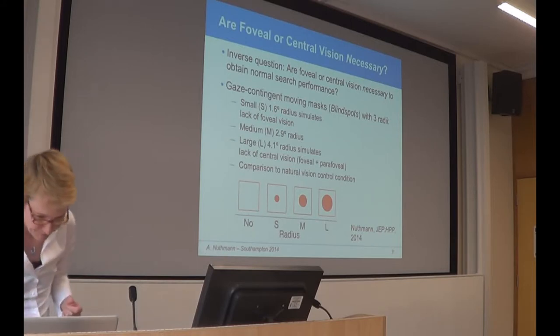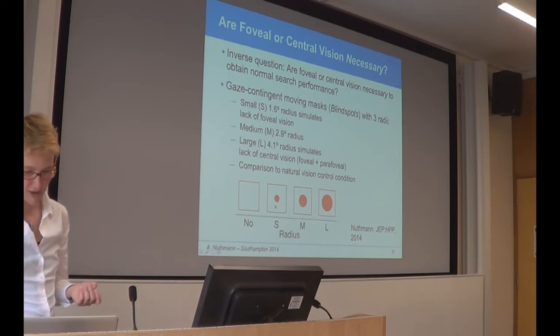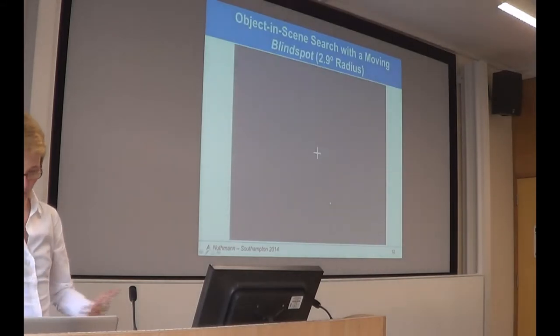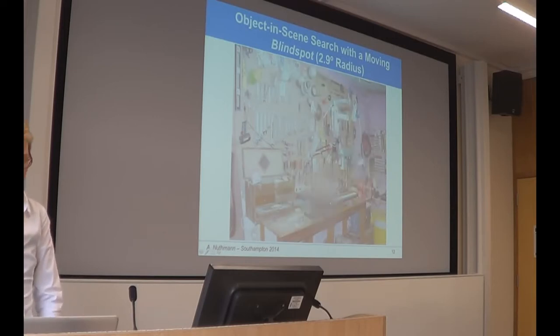And now, this time I don't create those little spotlights through which you would view the scene, but I create blind spots. That is, I degrade your foveal or central vision in this condition here. And that's a demo. So you're supposed to look for the funnel. And again, I use a strong low-pass filter and a Gaussian mask so that there aren't any edges. And that's all kind of slowed down a little, and they eventually get to the funnel in the upper